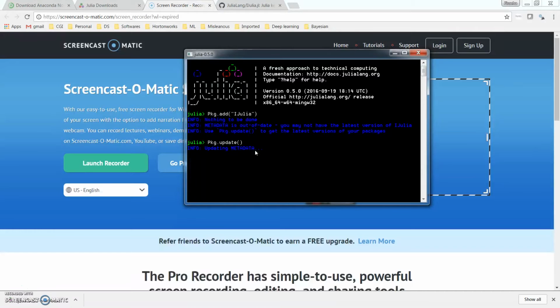Since we have installed Julia and added the Julia kernel for Jupyter, which is iJulia, when we open Jupyter Notebook now, we should be able to see Python, R, and also Julia. Let's see how long this will take to update. Okay, updating metadata.